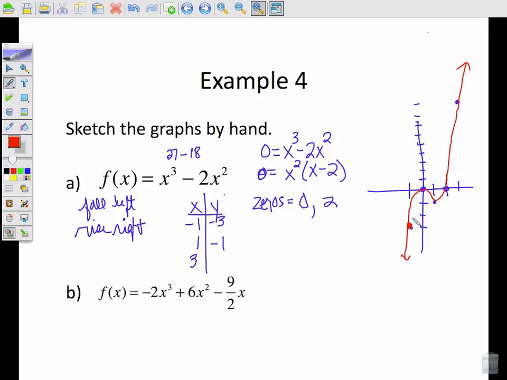All right, let's see what we can do here with this next one. I'm going to go ahead and copy it onto a clean page here, but the first thing that we're going to do is do the end behavior. This function is f of x equals -2x to the third plus 6x squared minus 9/2 x. So, the end behavior, since my degree is 3 and my coefficient, the a value, is negative,